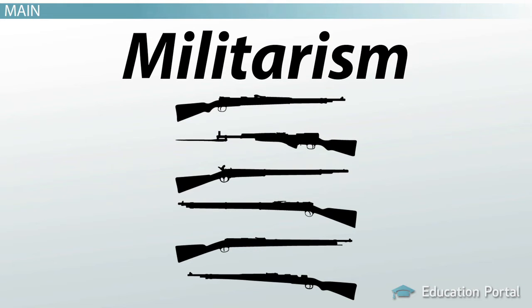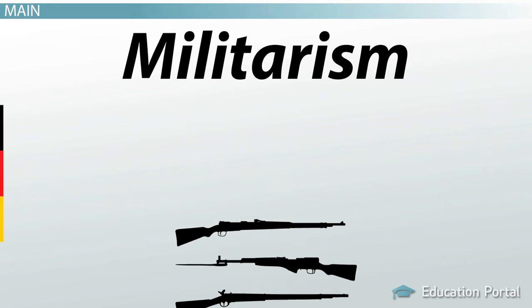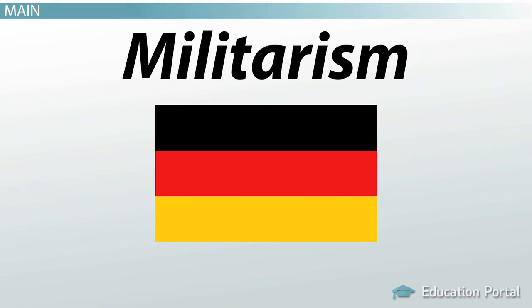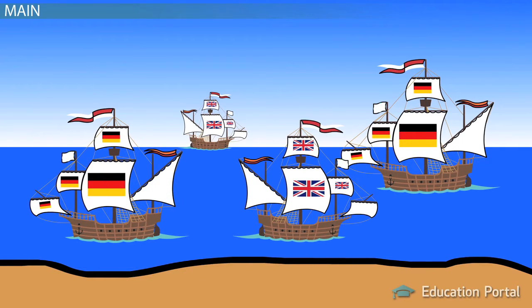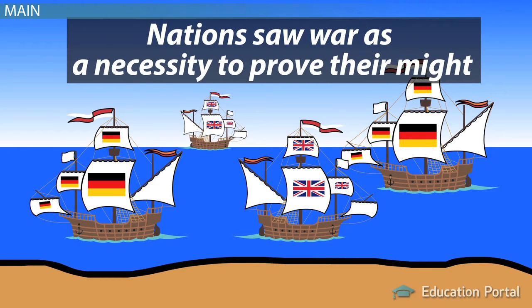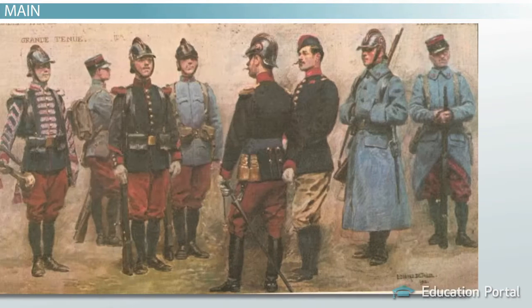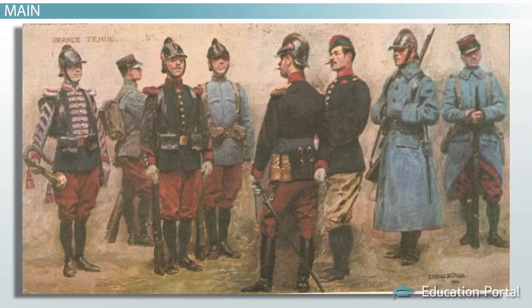Militarism is exactly what it sounds like. The beginning of the 20th century was a time of great military buildup. Germany was experiencing the greatest military growth, and its navy was beginning to rival that of Britain. This led to both nations trying to outdo the other in an arms race. This huge military buildup came at a time that war was still glorified. In many ways, nations saw war as a necessity to prove their might. This attitude is even seen in some of the uniforms worn at the beginning of the war. Check out these guys. Their outfits make them look glorious while marching into battle, but it also makes them great targets.